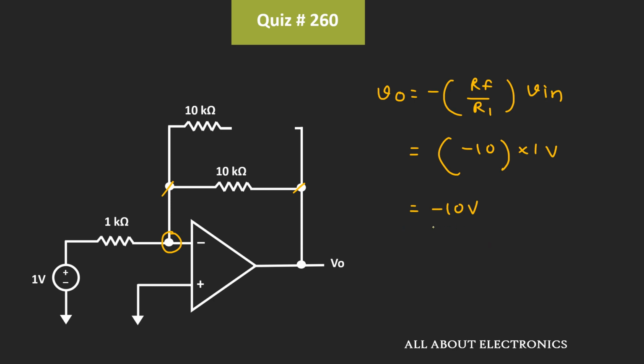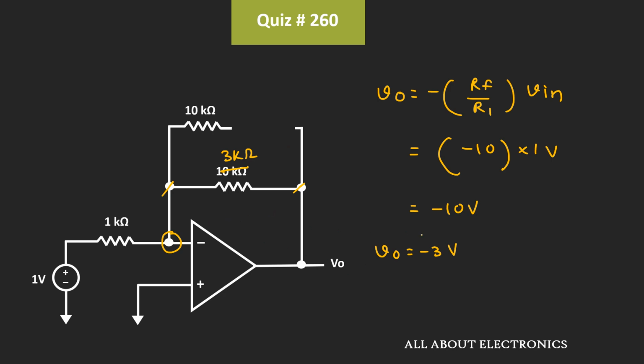But if this voltage is less than the breakdown voltage of the Zener diode, then the Zener diode won't operate in the breakdown region. For example, if this resistor is 3 kilo ohm, then in that case, the output voltage Vout will be equal to minus 3 volt. And in that case, this Zener diode won't operate in the breakdown region. And at the end of this video, I will also show you the simulation.